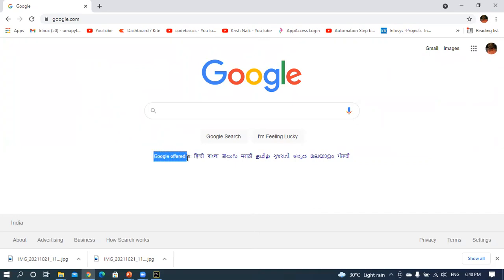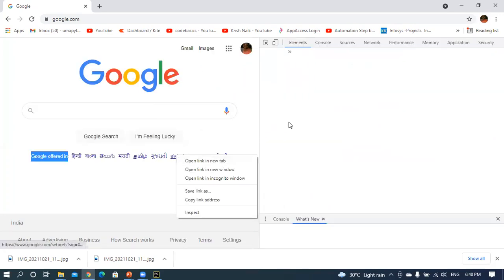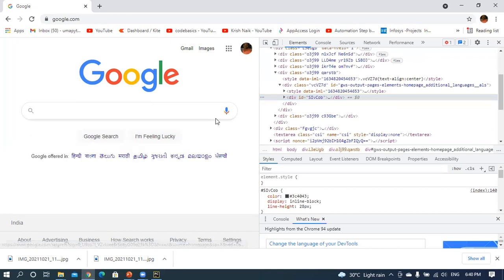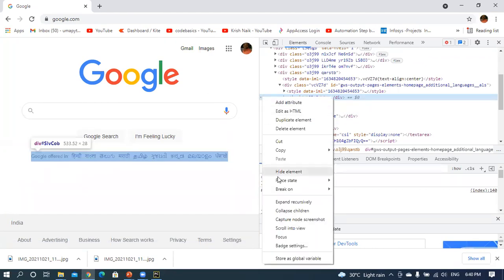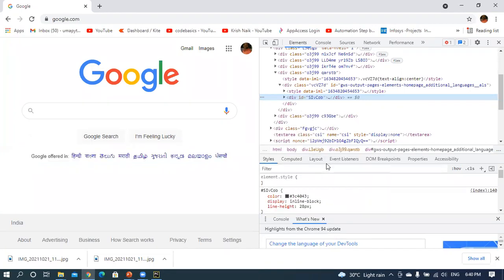See here, it does not have any link. Based on this particular text, I inspect this text and then copy the XPath like this.